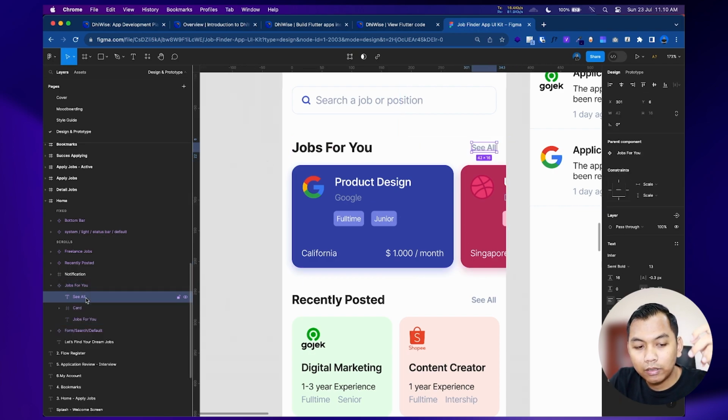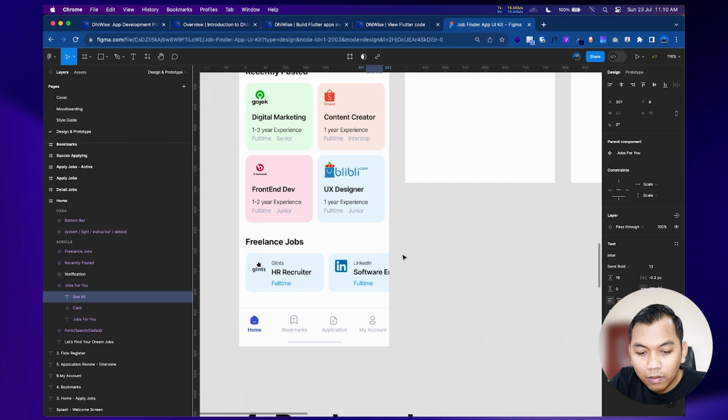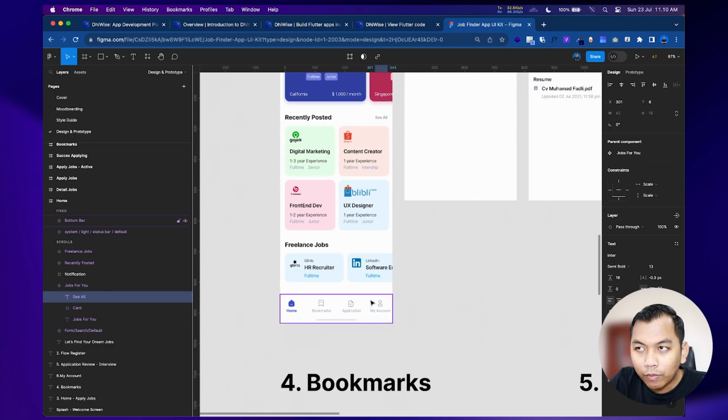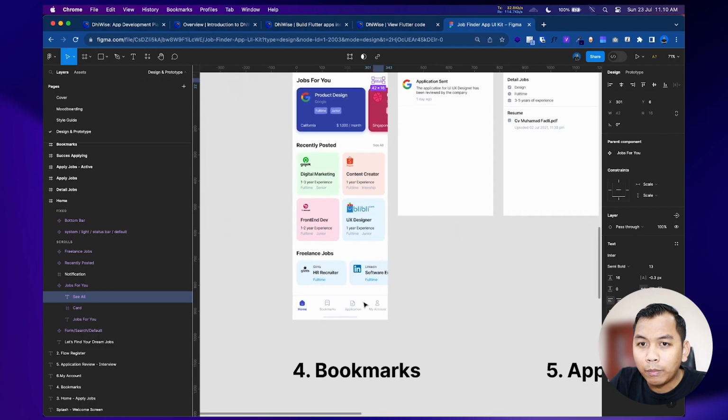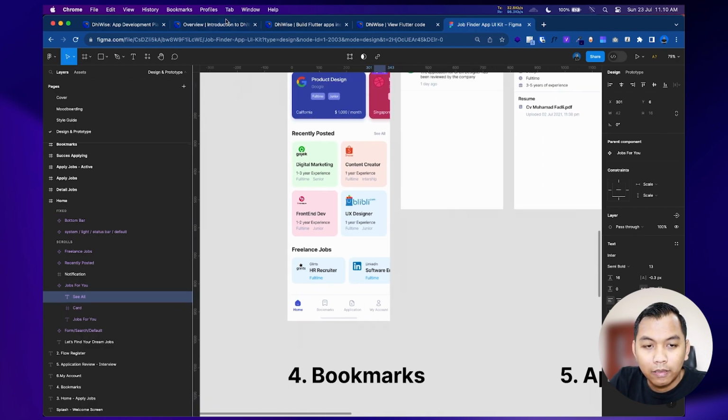So this See All, I think, should be out of the frame of this horizontal list view, and we have to improve this navigation to be a bottom navigation bar.